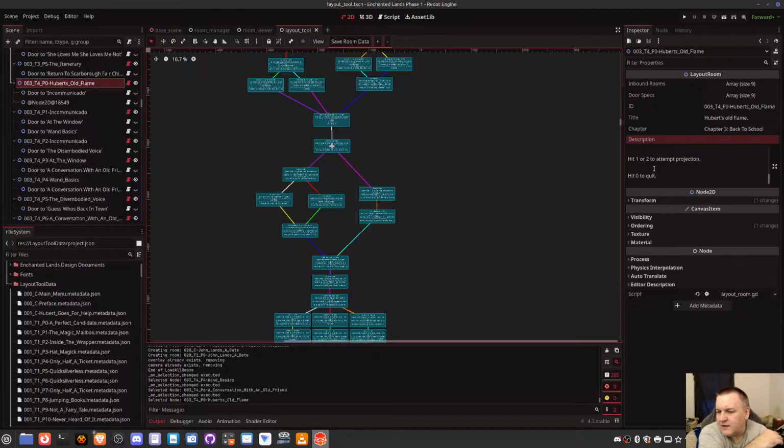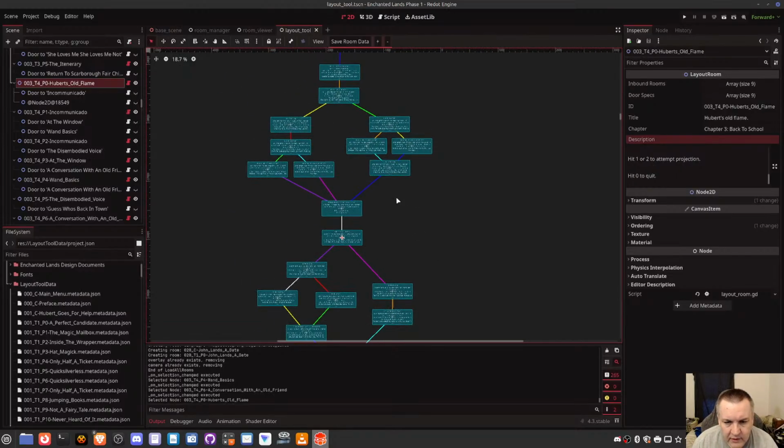Oh, I basically just did hit one or two to attempt projection because the idea is you should know what you're going to get, and so shoot, I could just do that. I don't need to do separate deals. I just hit one or two to attempt. Actually, it'd be what, two different spells? Yeah, no, one spell would be disintegration, and then you can hit one or two depending on what you feel like. That's a random choice.